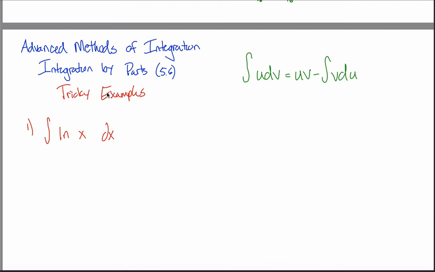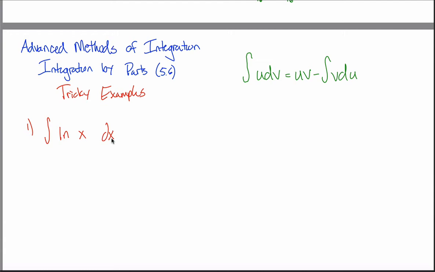Some cases that maybe you wouldn't expect to use it. And the logic here is the same as what we've seen in the past. You should never think to use it in these cases, but there's only so many. So if I show you them, then anytime you encounter something similar, you kind of have this in the back of your mind and maybe you can get past it, even though you never would have thought to use it originally. So the first of these tricky examples is if you're ever asked to figure out the antiderivative of the